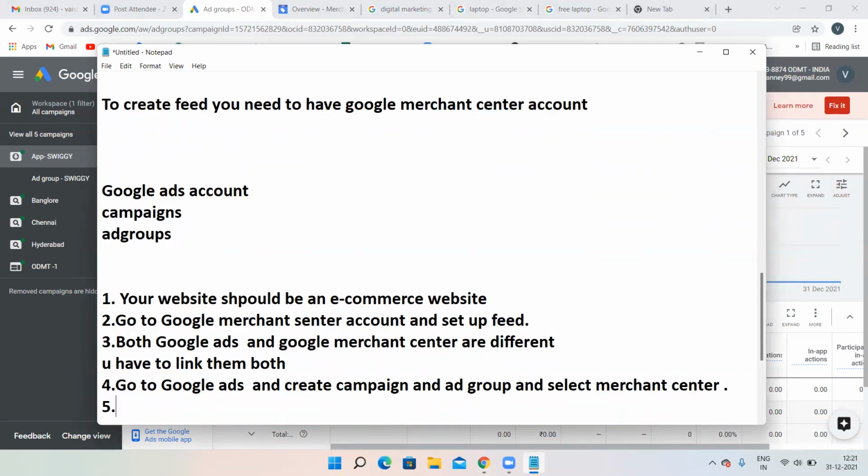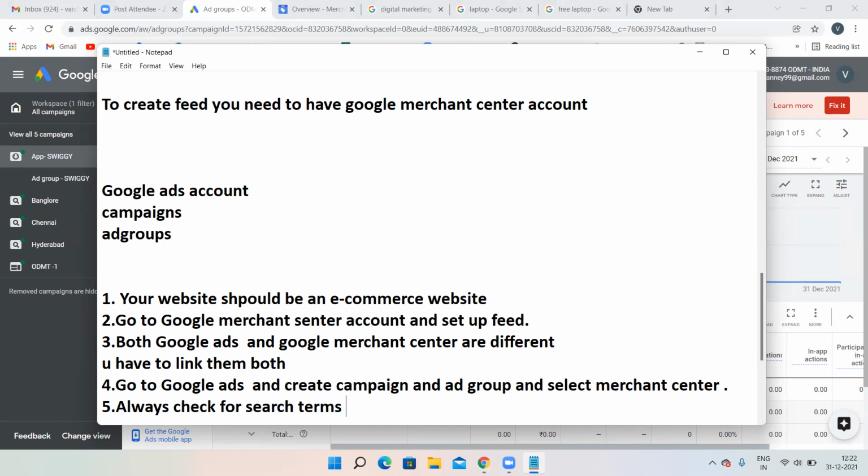Then coming to the fifth point. The fifth point is what I told you: because Google targets irrelevant keywords, 50 to 60% of the time your advertisement is appearing for irrelevant keywords only. We have seen the example of free laptops. So what you have to do is always check the search terms. That means you have to check first what people are searching.